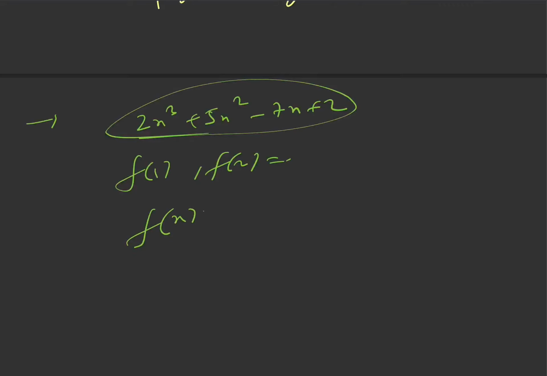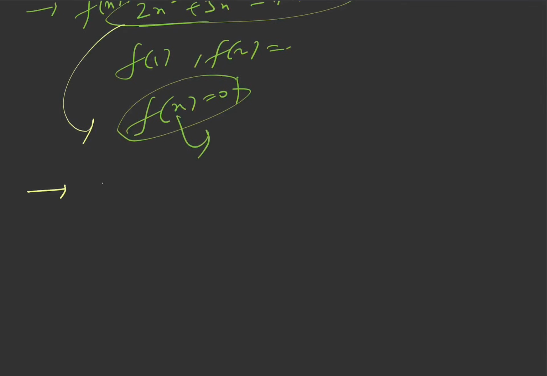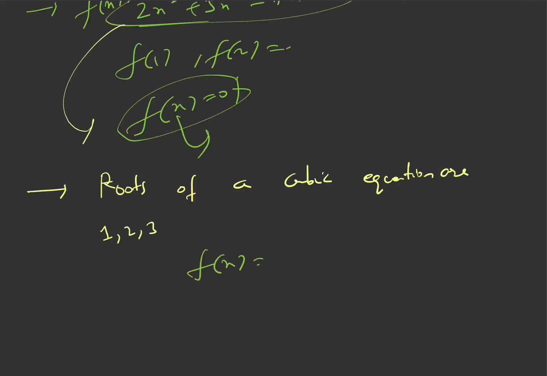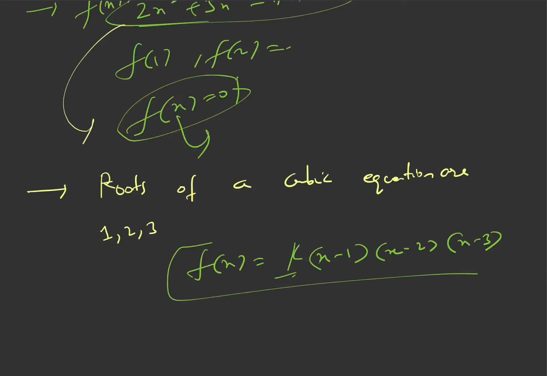But if you ask me to find the values of x for which this polynomial is 0, then it is going to be difficult for me. Yes, but instead of this, if I give you the roots of a cubic equation, say 1, 2 and 3, then it is very easy. Then you can say that f of x is x minus 1 into x minus 2 into x minus 3, and if I mention a leading coefficient, then you can take the leading coefficient as well, right?